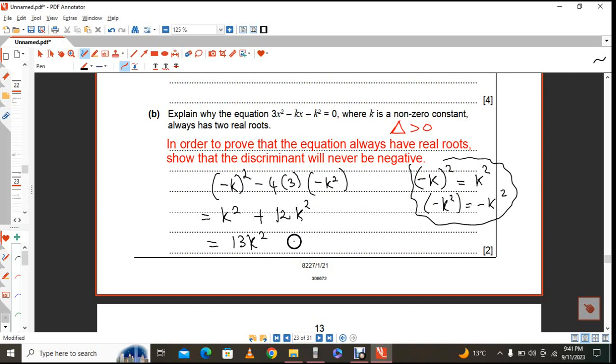Then you can say the discriminant is greater than 0, hence there are going to be two real roots. Okay,